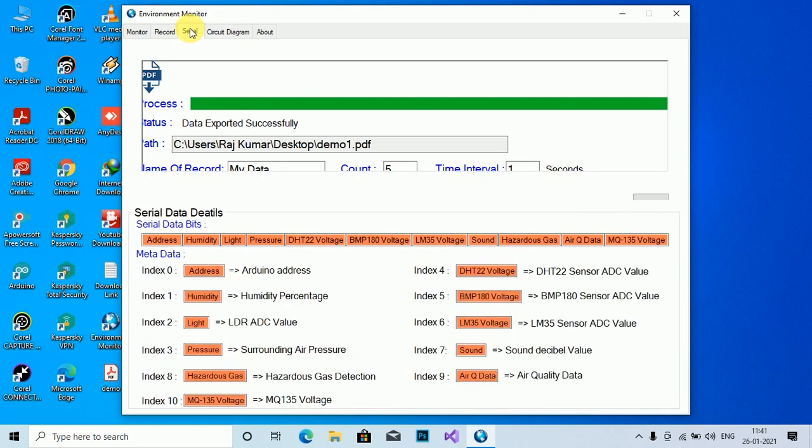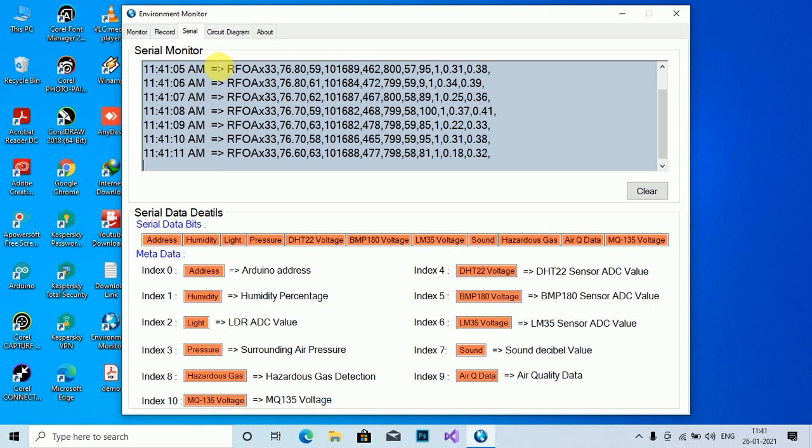Click on Serial tab. You can see the data that is transmitted over the serial port of your computer, and the details of data that is shared over serial monitor is given here. Then click on the next tab, that is circuit diagram.